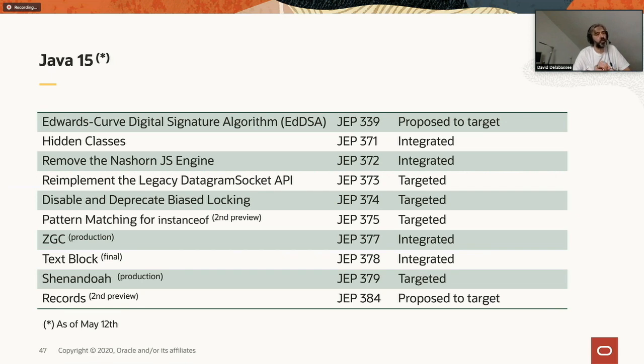If not, it will move to targeted, and then once the work is done, it will move from targeted to integrated. So there is a very high chance that all the JEPs here will be part of JDK 15. Just keep in mind the small disclaimer that we might find a big issue in one of the JEPs here, and we might decide to remove it at the very last minute. So there's always a risk.